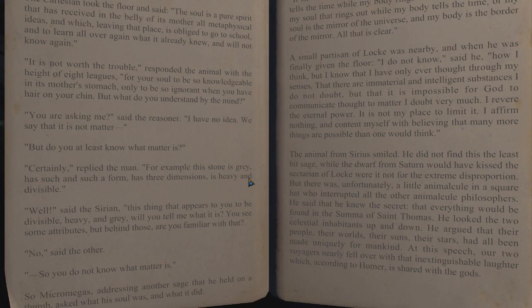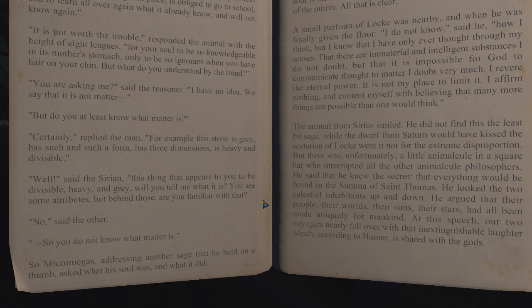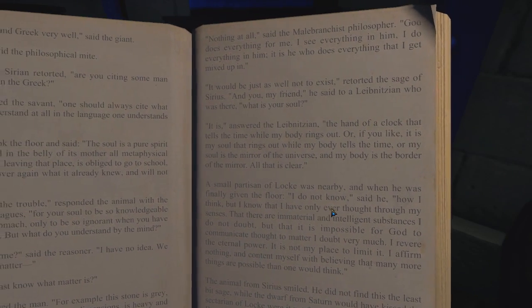What do you understand by the mind? Are you asking me? said the reasoner. I have no idea. We say that it is not matter, but do you at least know what matter is? Certainly, replied the man. For example, that stone is gray, and has such and such a form, has 3 dimensions, is heavy and divisible. Well, said the Syrian, this thing that appears to you to be divisible, heavy, and gray, will you tell me what it is? You see some attributes, but behind those, are you familiar with that? No, said the other. So you do not know what matter is. So Micromegas, addressing another sage that he held on a thumb, asked what his soul was and what it did. Nothing at all, said